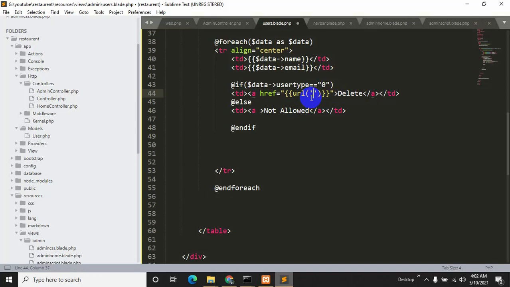We need to give two single quotations, and inside it we'll say slash delete user. Okay, so let's save it, Control S.